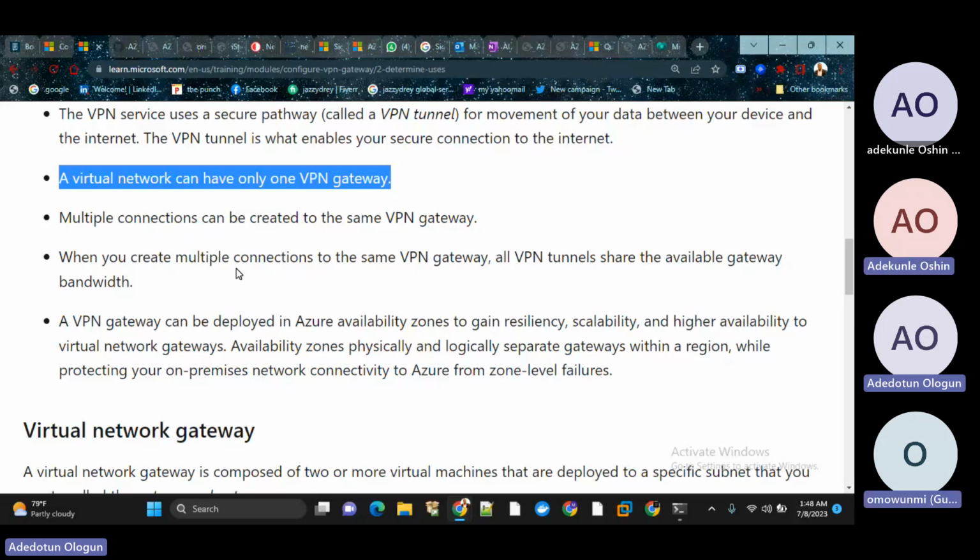Okay, so the answer is they will have one VPN gateway. Why? Because it's there on our screen. They say the virtual network can only have one VPN gateway. They will have one VPN gateway, simply because